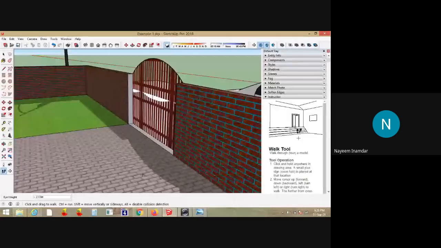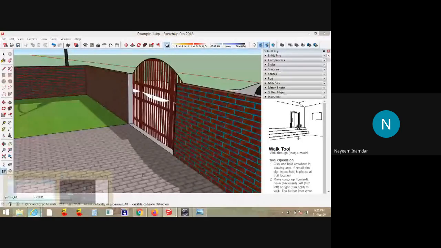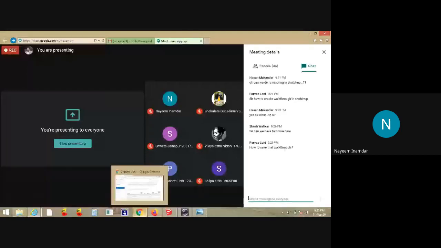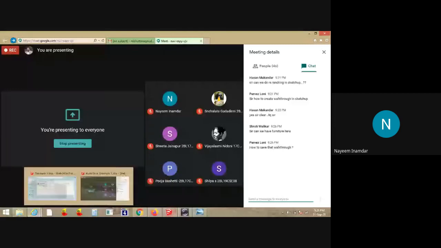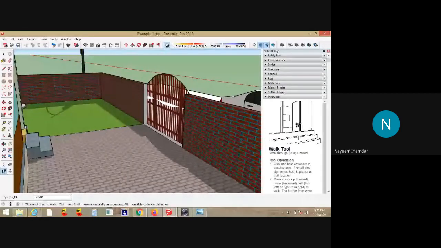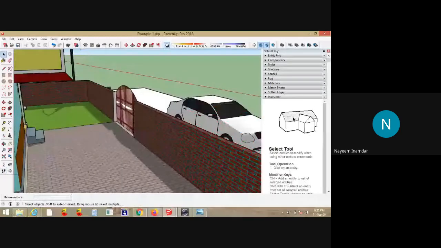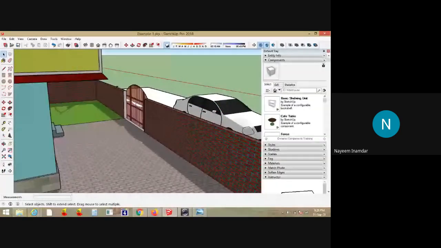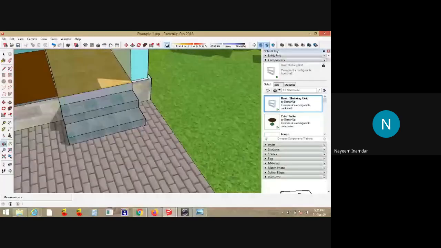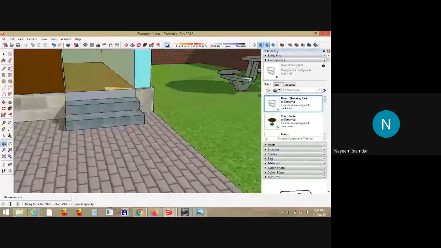This is how you can do walkthrough. Got it? Yeah, we can have furnitures here. Why not? You just go to the components. Take any shelf unit that is there, and just insert it wherever you wish to have it.